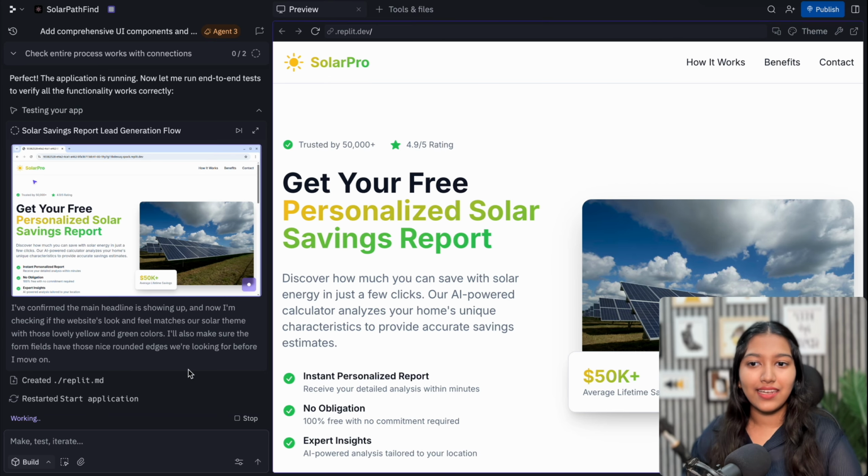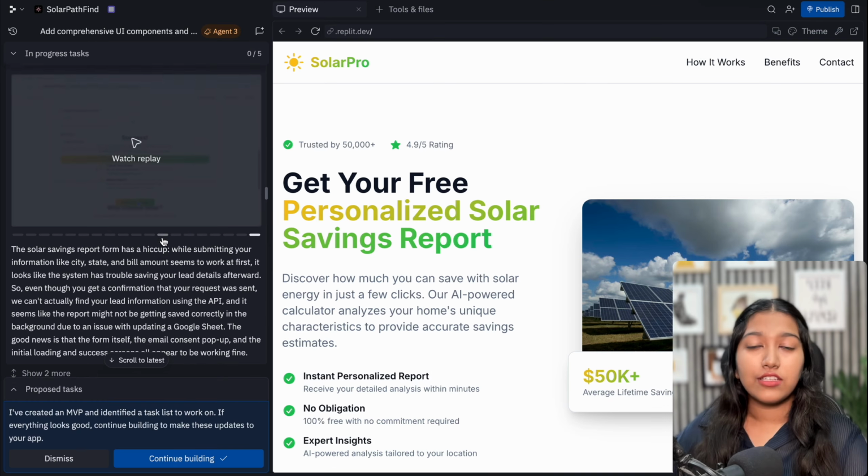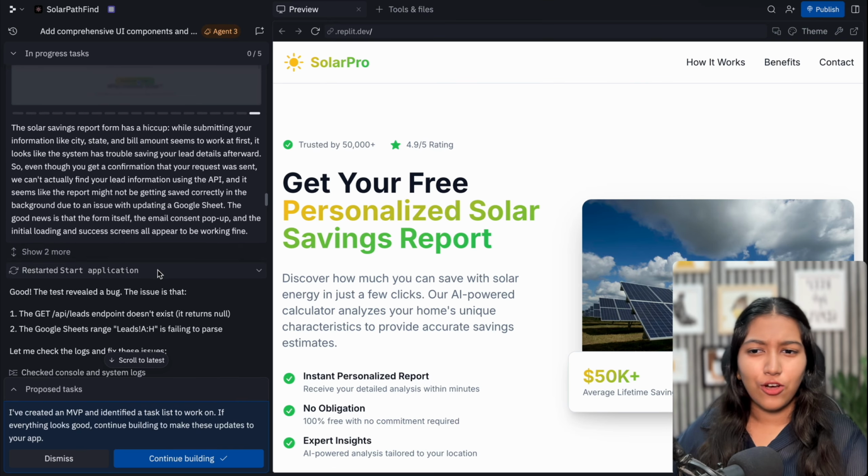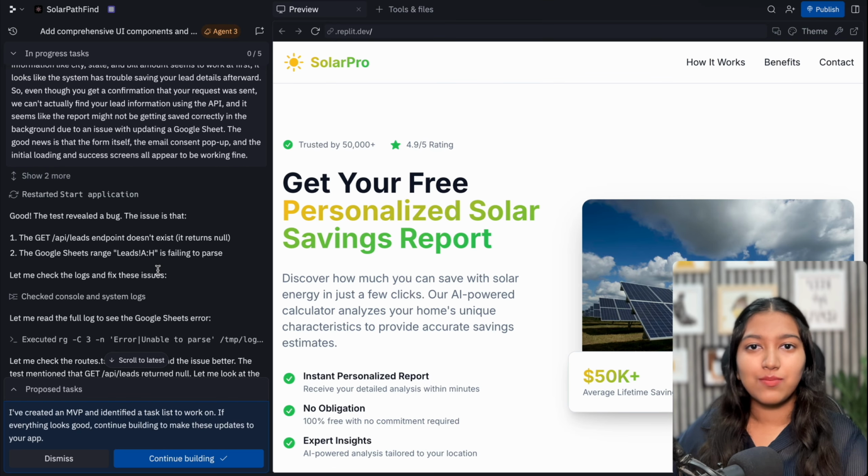So let's again leave it for now, and once it has done the testing and it has given a green light, we will go ahead and personally test the system. Alright, so after the first test, it got some sort of an error from Google Sheets because we had not renamed our sheet to Leads. So that's why I had to rename the sheet to Leads, which I will show you in a minute.